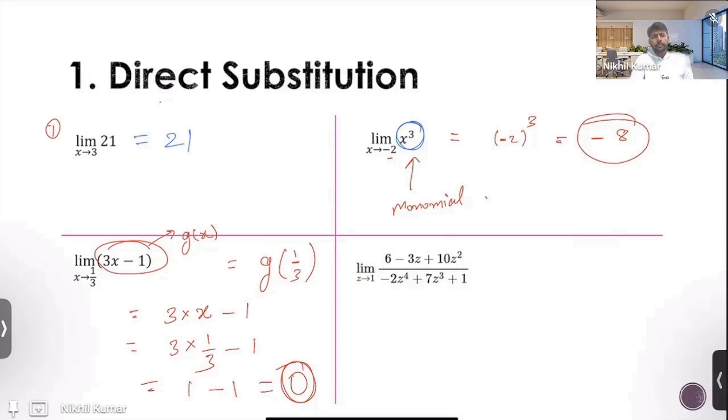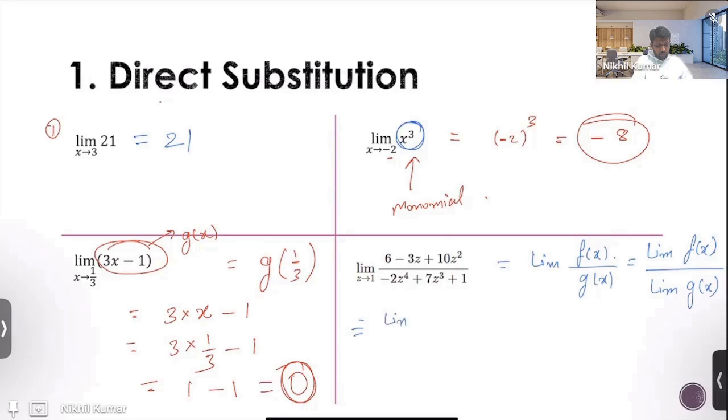What property of limit would we need here? As we can see, we have a quotient of functions, a quotient of polynomial functions. So f of x, where f of x is a polynomial, g of x, where g of x is also a polynomial. Now we've learned that this is actually equal to limit of f of x upon limit of g of x. This is the quotient property. We have studied about this in the last lecture. With this in mind,